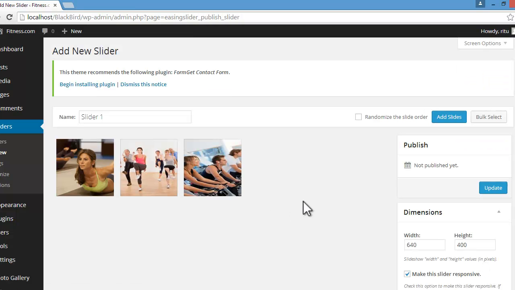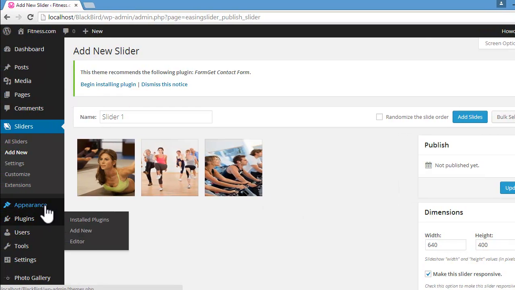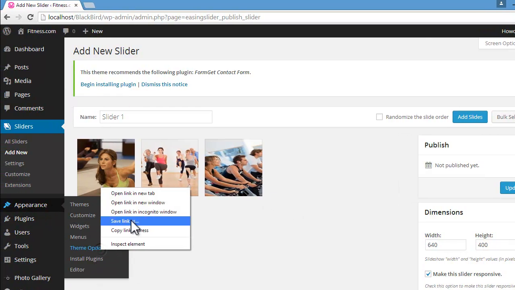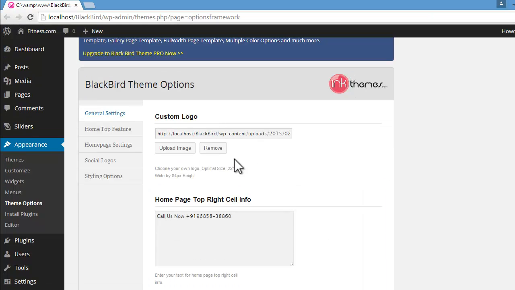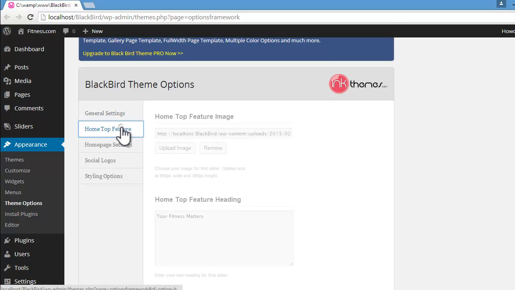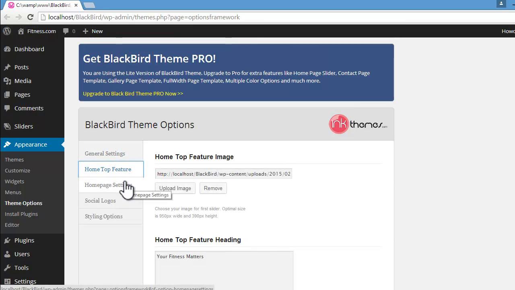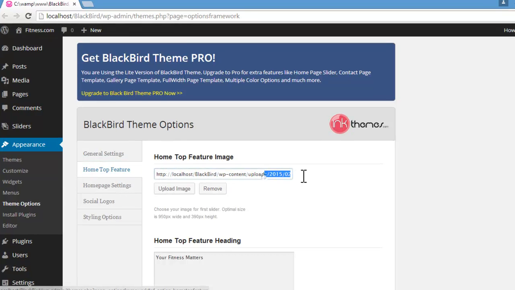Let's insert into slider. Now notice guys, it is asking for the dimensions. I would like to have the dimensions we have seen in the appearance theme option. Let's check it once more in a new window. This is the home top feature image we uploaded initially,